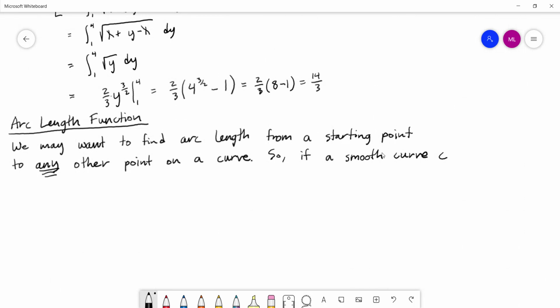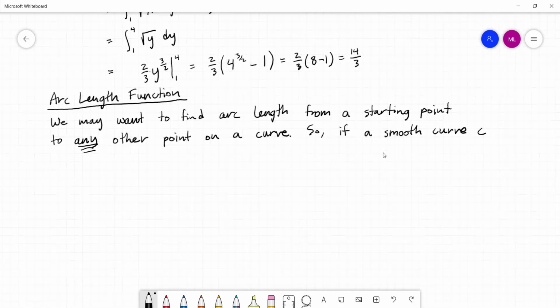So this is another wording of that same concept. So if we've got a smooth curve C, meaning f prime of x is continuous for that curve, so if a smooth curve C has an equation, so if it's given by y equals f of x